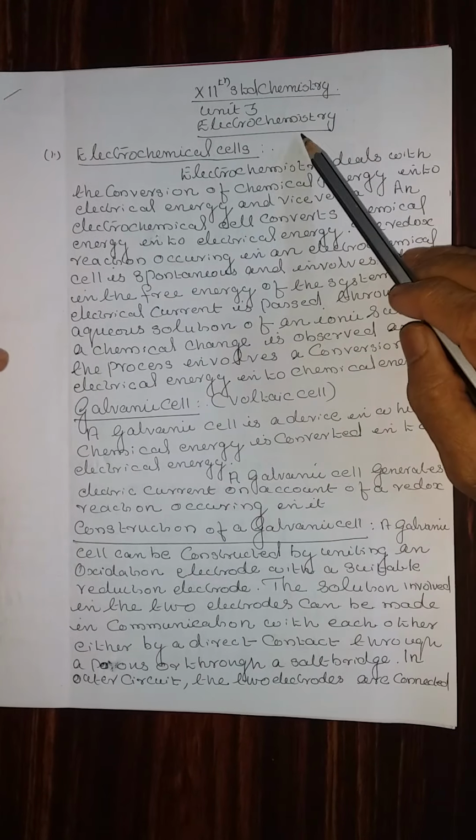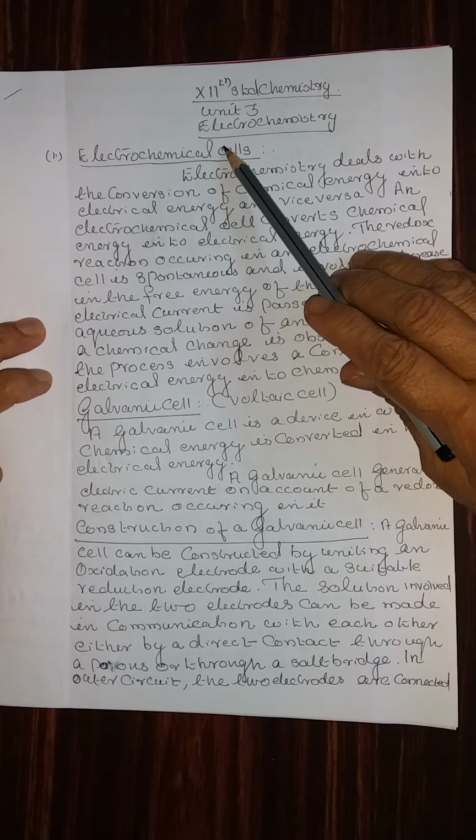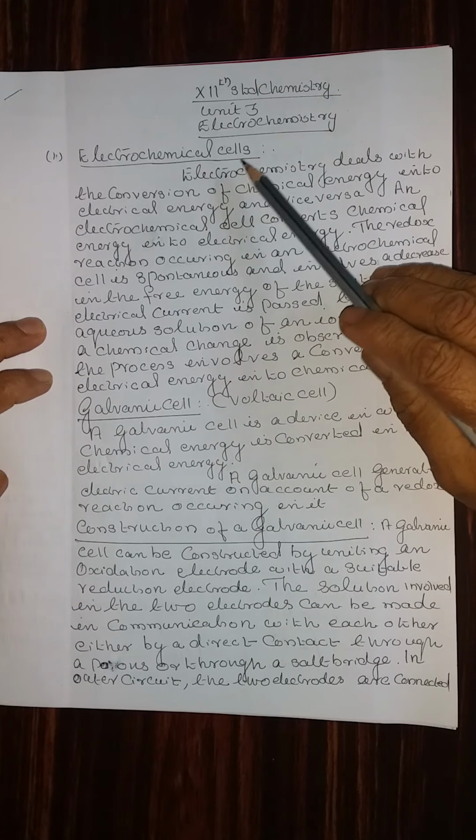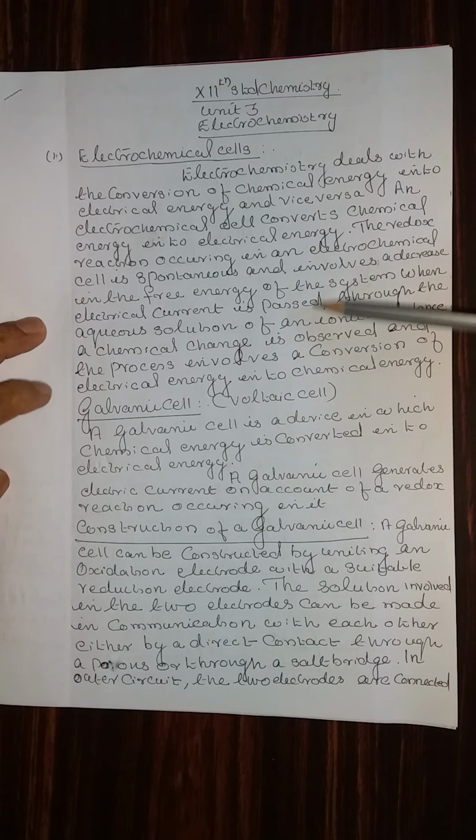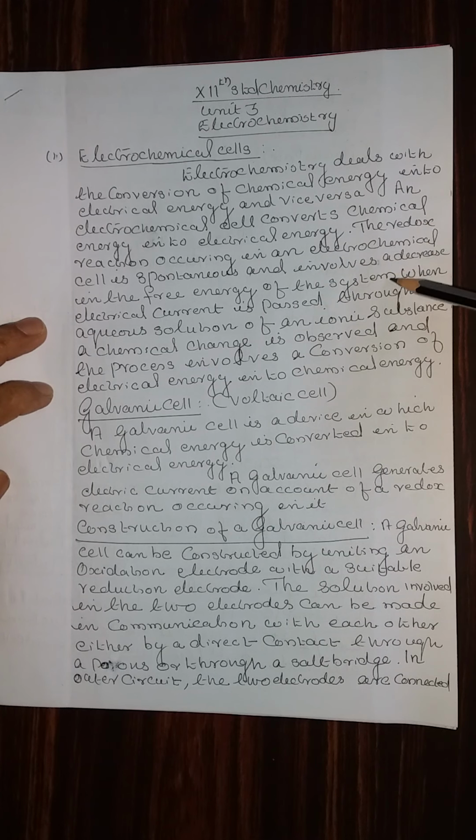Now, syllabus Unit 3 Electrochemistry. In this, each section has an assignment given. If you understood that portion clearly, you can easily do the assignment. The answers to the assignments are given in the textbook. Don't refer to the answers or the working before you do the assignment. You do the assignment with the knowledge that you received and then you correct the answers.